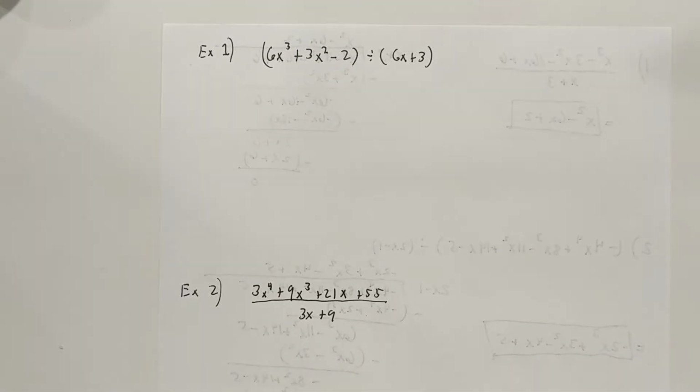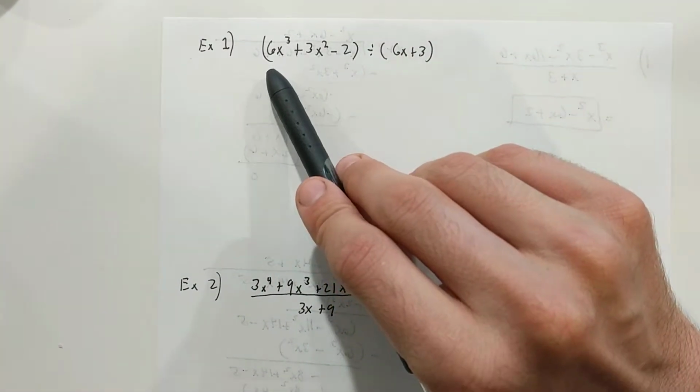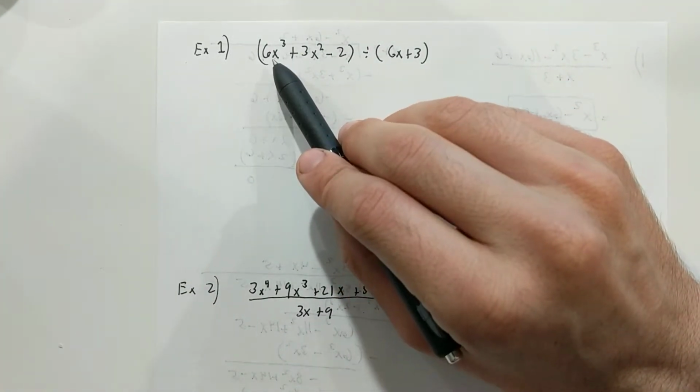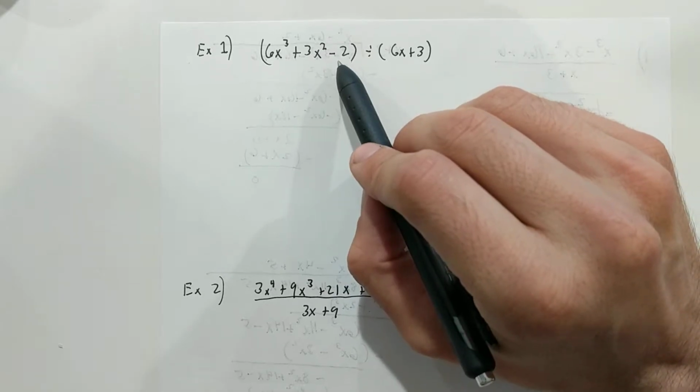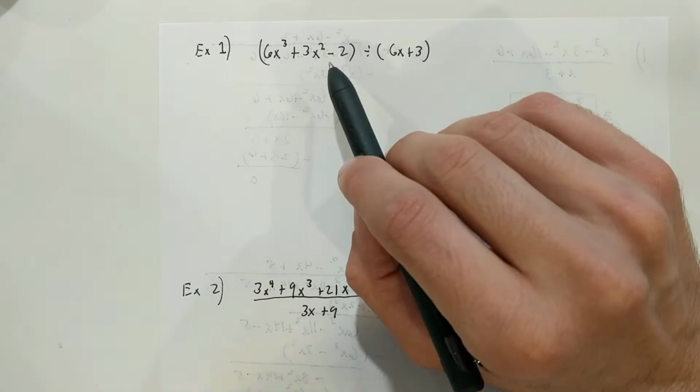Okay, so I want to go through a couple of... We're still dividing polynomials, but I want to go through 3 examples, kind of outlining a couple of tricky situations. The first situation I want to go through is this one, where we note the different thing here is that we've got an x cubed and x squared, but we don't have an x term. And basically, when we don't have an x term,